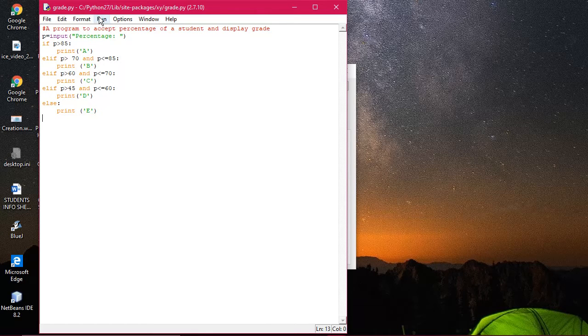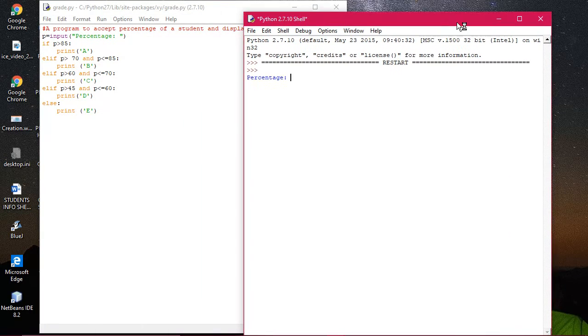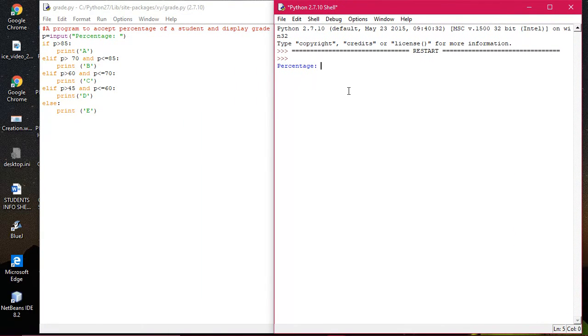We are not going into that. We will simply execute this program with different marks. We will check out the grades, whether it is perfect or not. So first of all, we are checking with the percentage. You see, I'm keeping this code side by side. So I'm giving it 89. All right, 89 is more than 85. The first one, I'm just checking whether it qualifies or not. So it is showing correctly A.